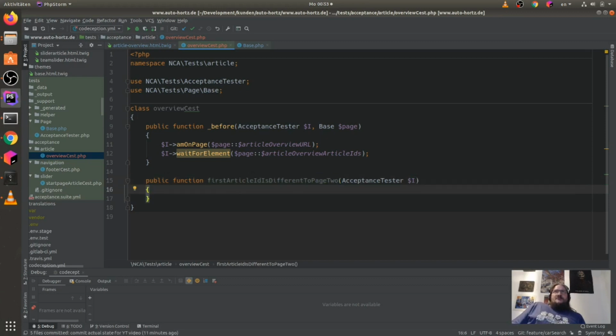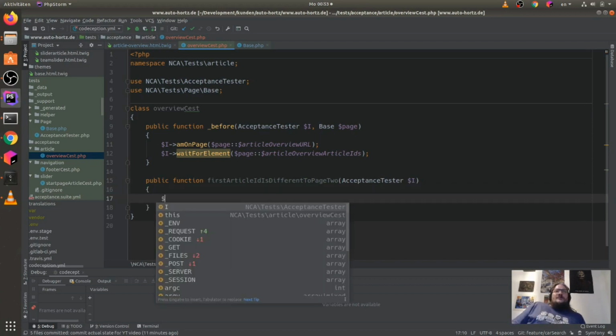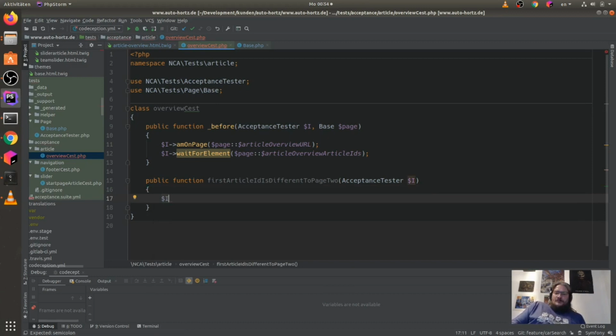We can also do some clicking here on the navigation. I can say here it's my actual first page ID.